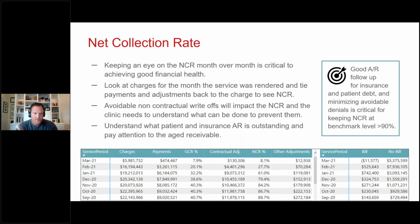So we'll just walk through an example here. If we look at December of 2020, there was $20.3 million in charges for services rendered in that month. As of last night, we've collected 7.8 million against that. So our GCR is at 38.6%. That's your total payments divided by total charges. We contractualized 10.4 million. Our NCR is 79%, right? So then I look at other adjustments and say, man, 152,000 other